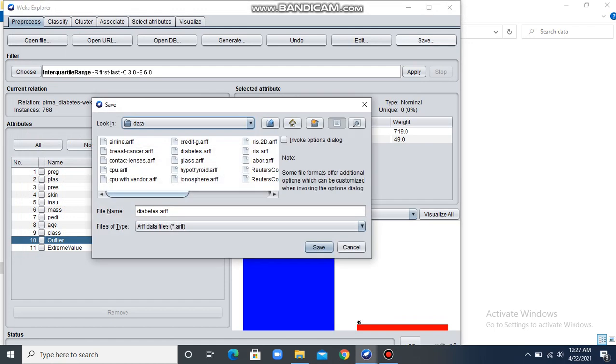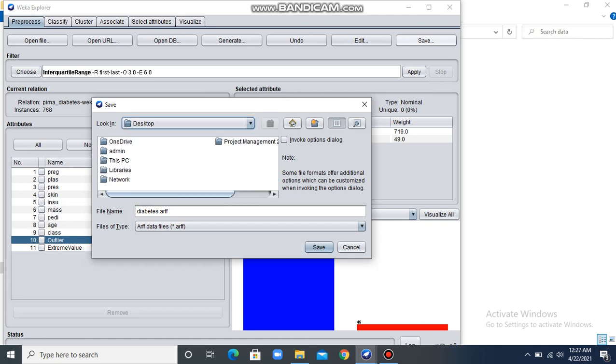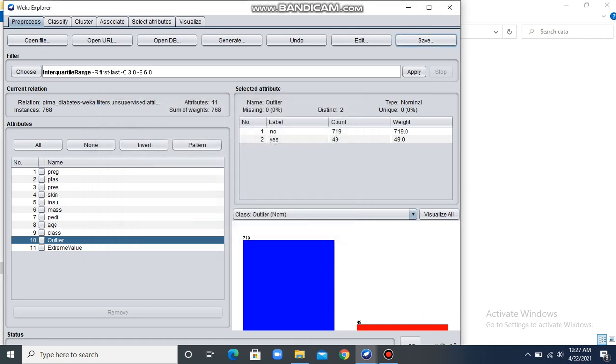Now I need to save these changes if I want to remove the outliers. So I'm saving my file after applying the InterquartileRange filter. Instead of saving it over here, because this is the original file and I don't want to hamper it, I'm saving it on my desktop. Let's save it.